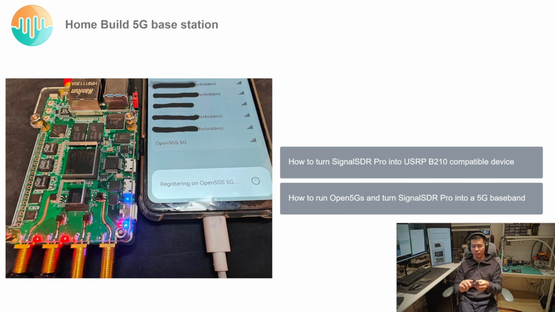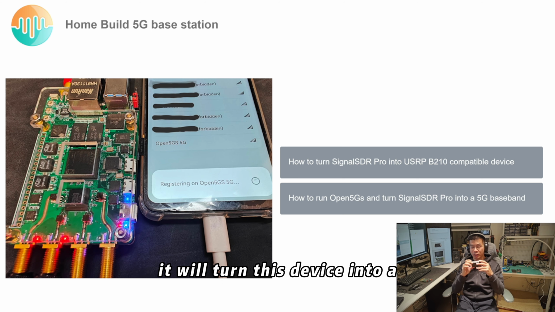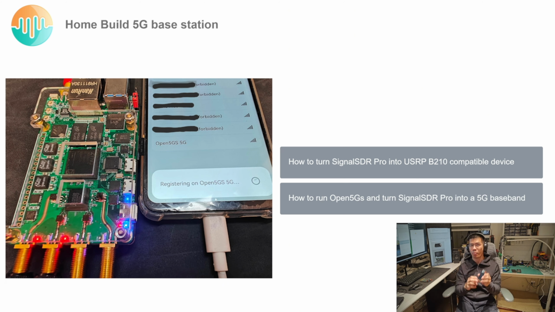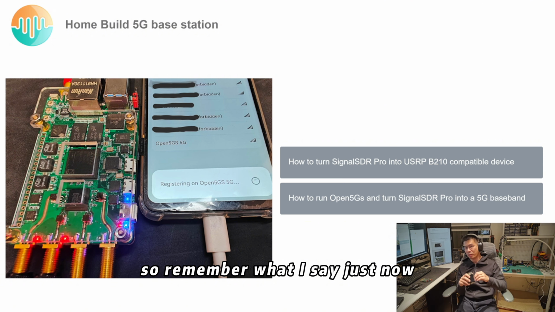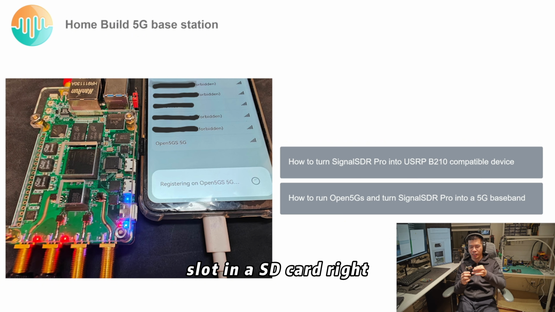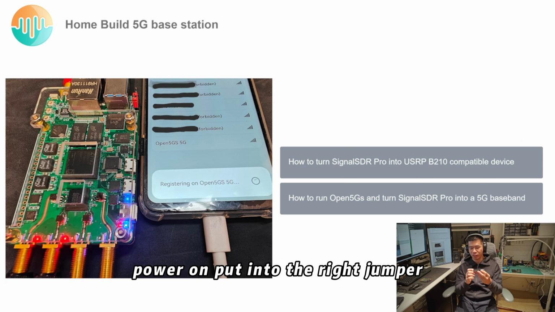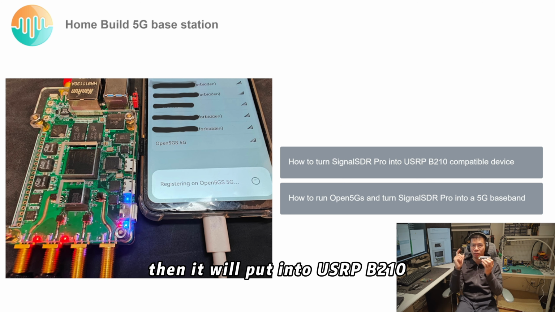Number one is it will turn this device into a USRP B210. So remember what I said just now? Slot in an SD card, right? Power on, put in the right jumper,